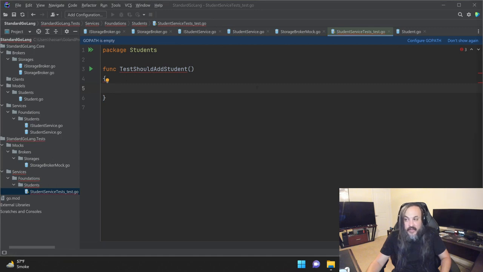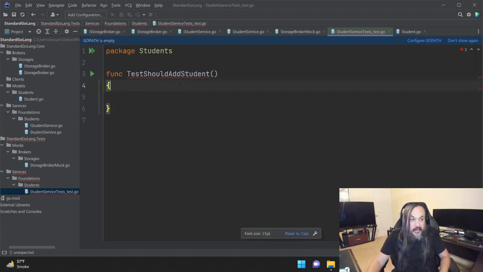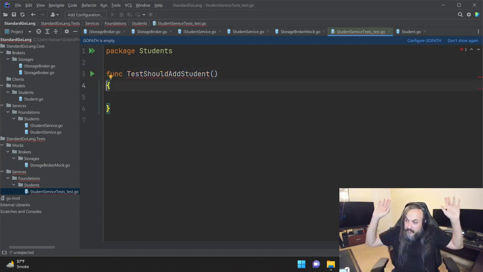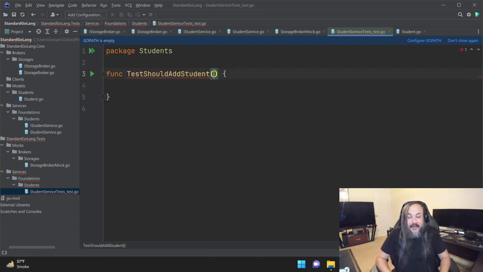This one is one of my favorite. It's complaining that I have my squiggly in the next line. If I put it in here, no problem. But if I put it down here, it freaks out. So you have that part. Now, why is this guy still erroring out? Because you have to pass in, what is it? The test, injecting the test